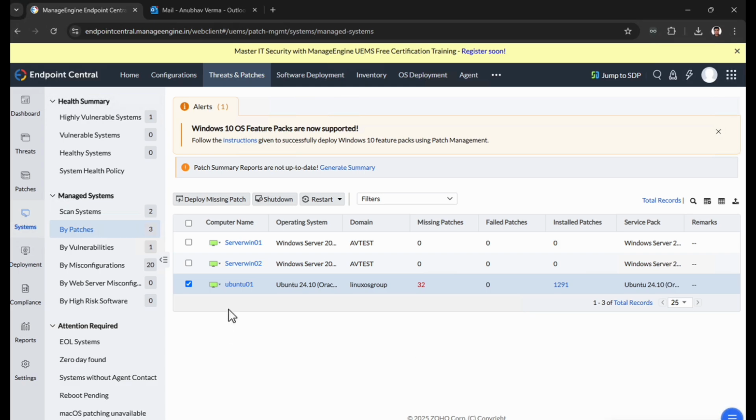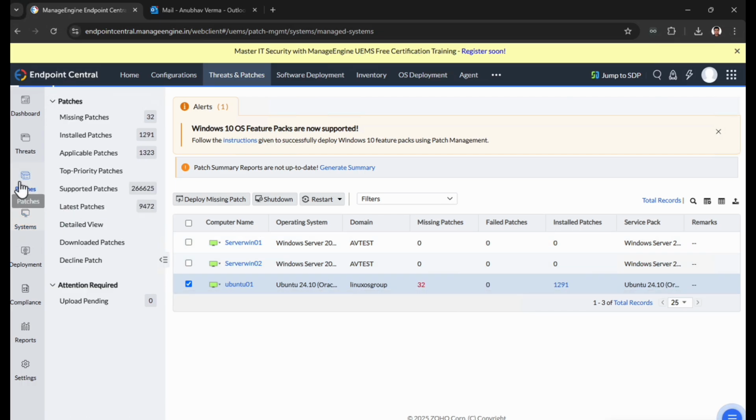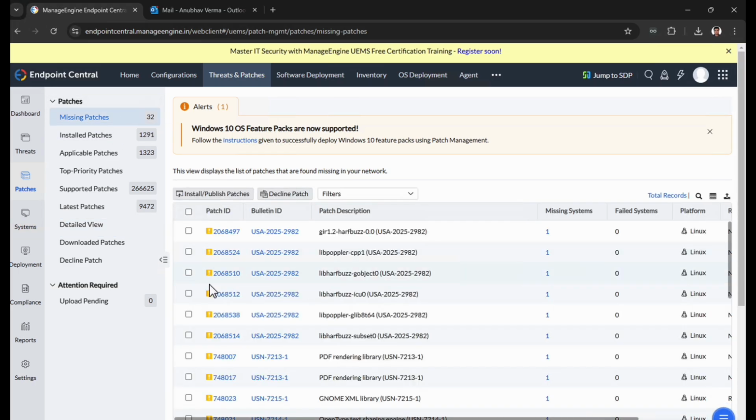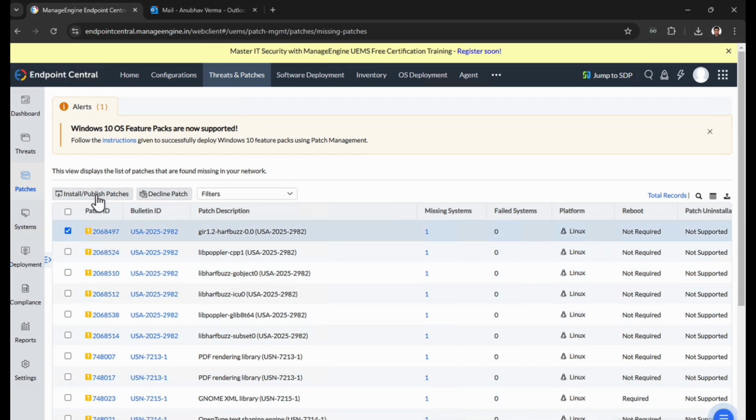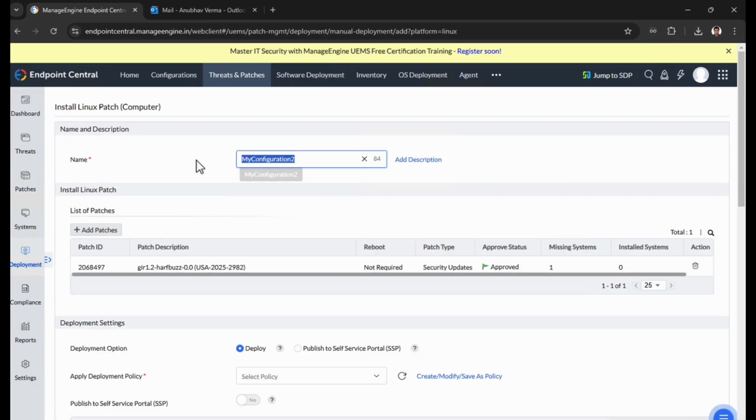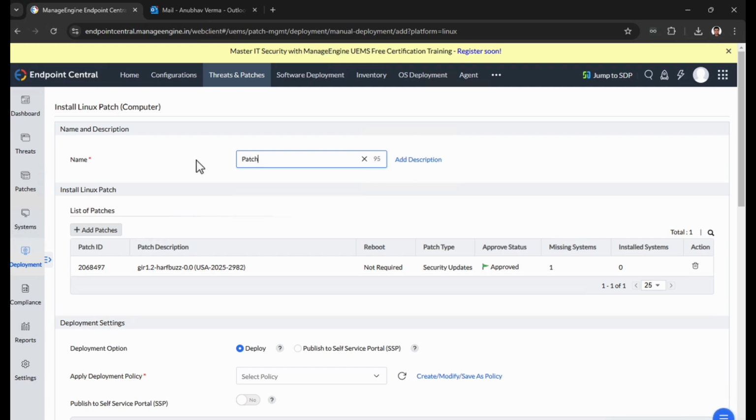So you clicked on this server and you see 32 patches. If you want to install all patches or specific patches, you can go into the patches section, and you can install a specific patch also, and you will see which patch requires a reboot. Let's suppose I want to install this patch on this Linux machine. Then click on install patches, give a name like patch wave